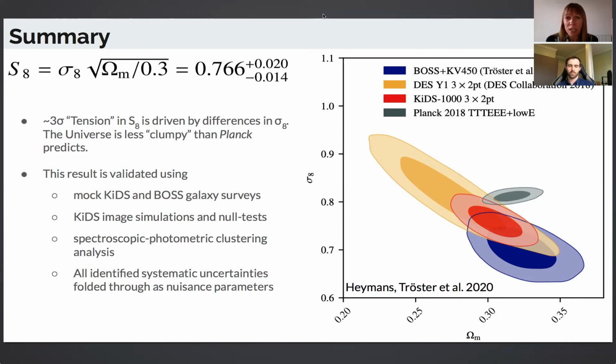It could be we've just looked at an unusual patch of the universe in the 1,000 square degrees that we've surveyed with KiDS. So as Tilman said, we are very much looking forward to seeing the latest results from the Dark Energy Survey and the Hyper Suprime-Cam Survey when they come out. Because if they continue finding low results, as we are finding, then it's a real indication that there's something missing from that flat Lambda CDM model that otherwise provides a really excellent description of all of our observations. So we will leave it there